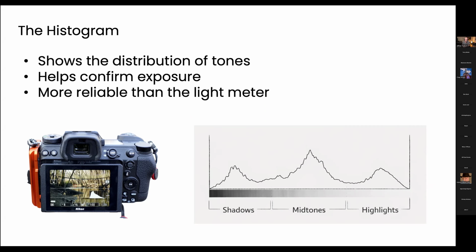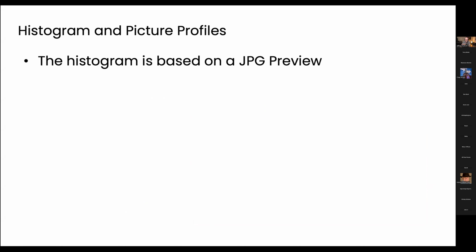Again, this is one of those things I recommend sitting in your living room and playing with a little bit, because you can sit there on the couch with your camera in hand, and just play with the dials. Watch that histogram. Watch how it moves when you change the shutter speed. Watch how it moves when you change your aperture. Then, once you see how it works pointing at one spot, point at another spot in the room. Maybe go from a light spot to a dark spot and see how it works. But learning how to use the histogram, making sure it's easily accessible, and configuring your camera to have it accessible before you head out